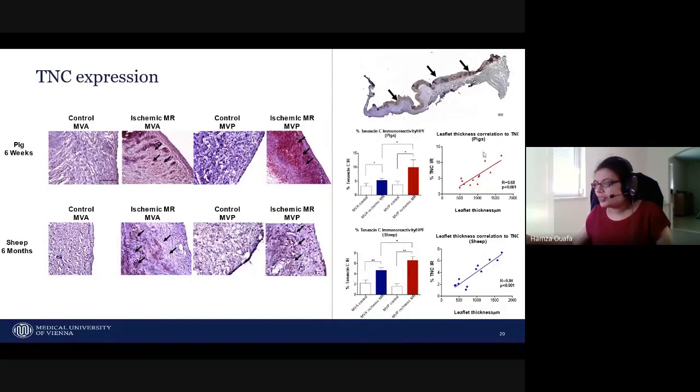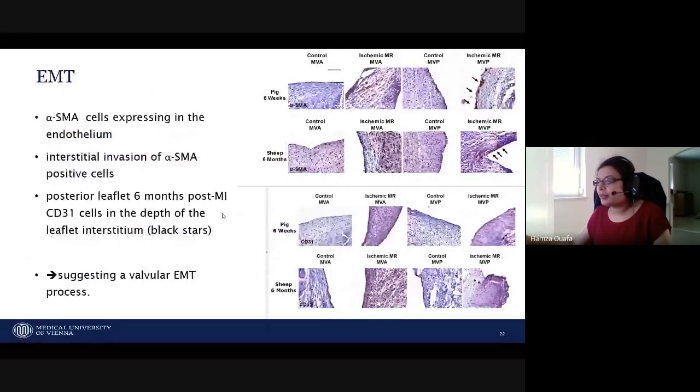And one really interesting aspect was that this expression of Tenascin-C was well correlated to the thickness of the valves. So maybe there was a relationship between these two. So maybe Tenascin-C was actually doing something, but let's see. So this EMT, this good guy who becomes a bad guy, the endothelial to mesenchymal transition,